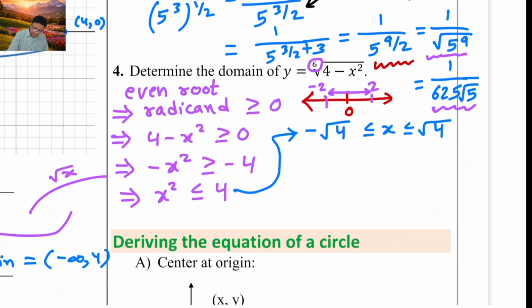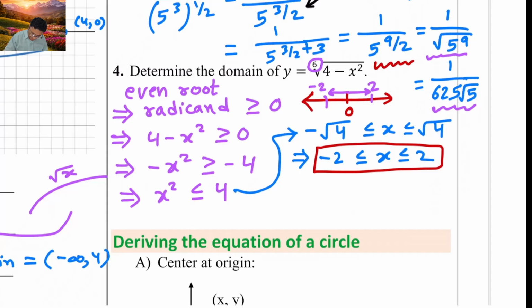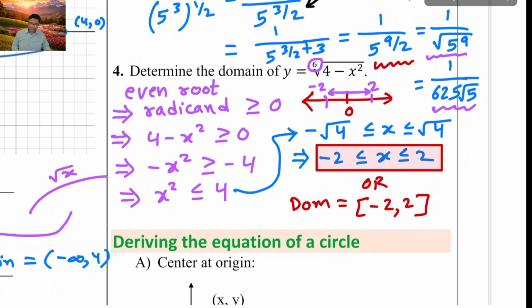Okay. So that gives you -2 equal or less than x equal or less than 2, which itself is a good answer to write. Okay. So that's the domain. Or if you want to write in interval notation, you can say from -2 to